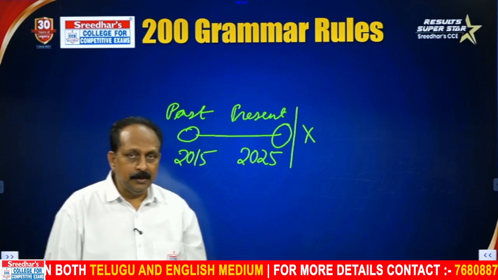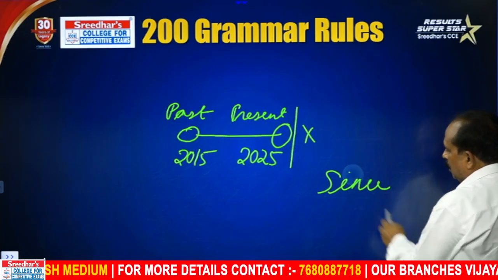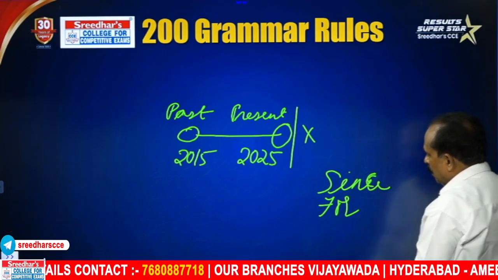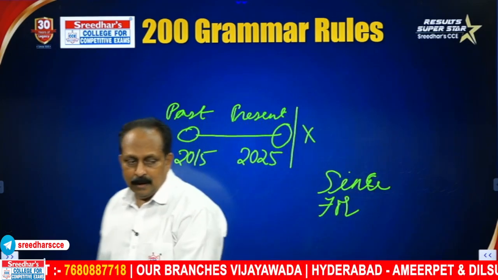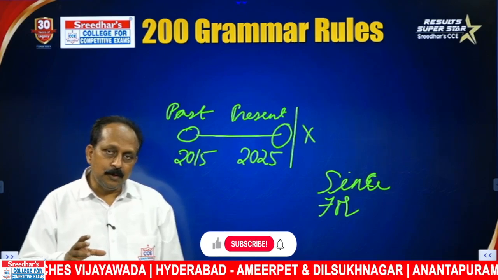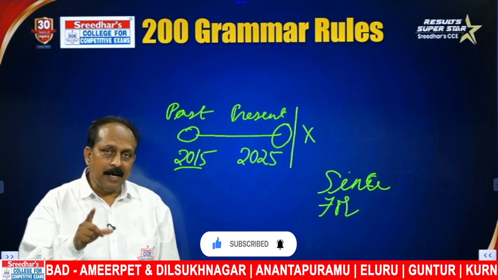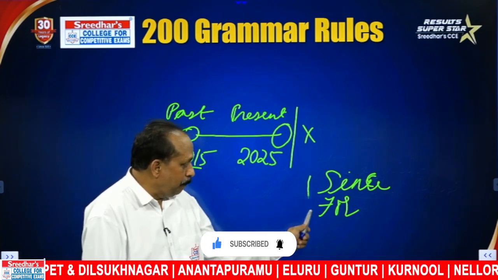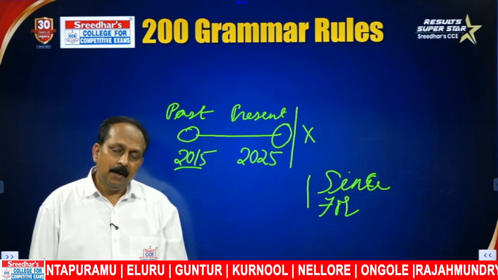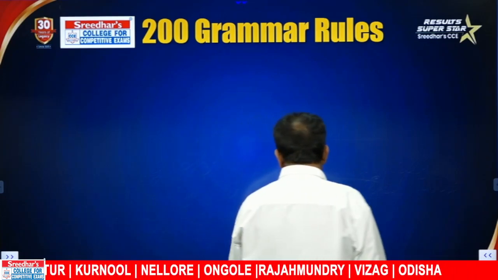But here there are two prepositions you have to recollect. One is since. Since goes with specific time, and the other one is for. For goes with a time period. The same situation we can say, he has lived in this city since 2015, or we can say he has lived in this city for 10 years. These two are very important prepositions, and they go with present perfect continuous. Many exams have given questions on this. And how do they test your knowledge? In one exam they gave,